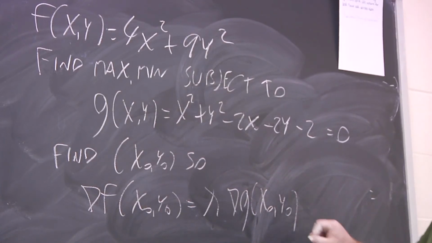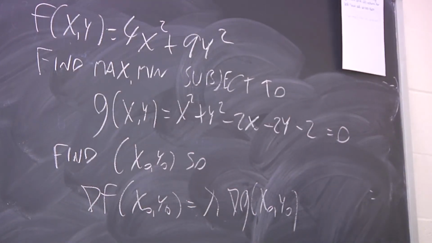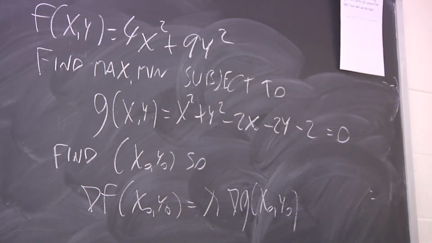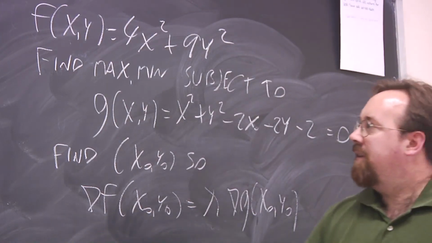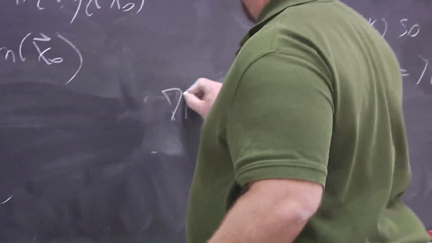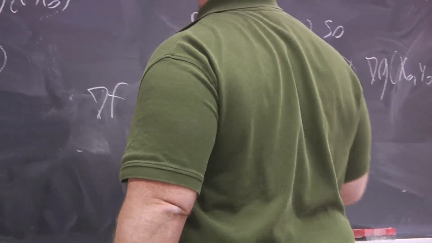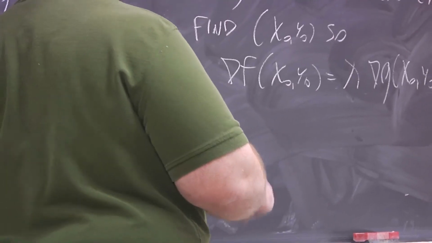So when you only have one constraint, the problem simplifies quite a bit because you just want to find out, is there a point where the two gradients, f and g, are parallel? Okay. All right, so we need the gradients of f and g. Gradient of f. 8x